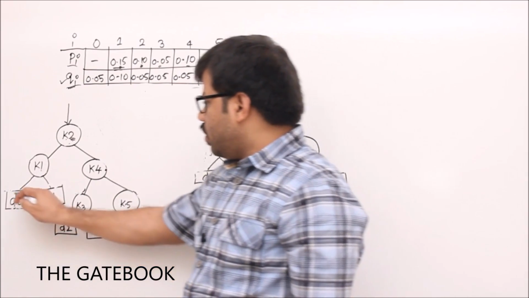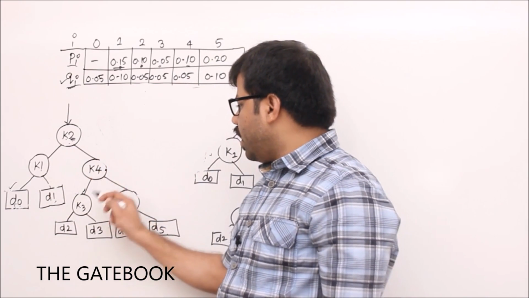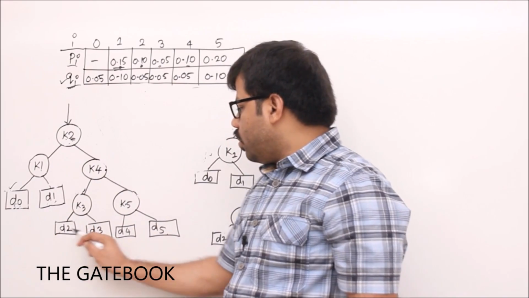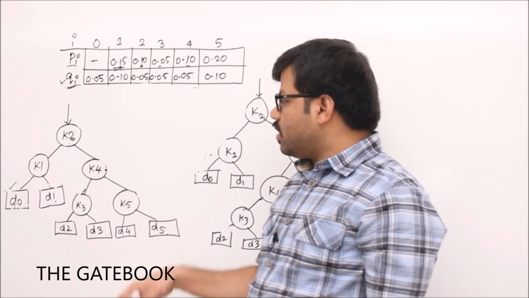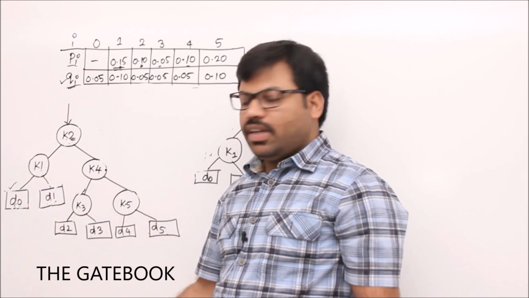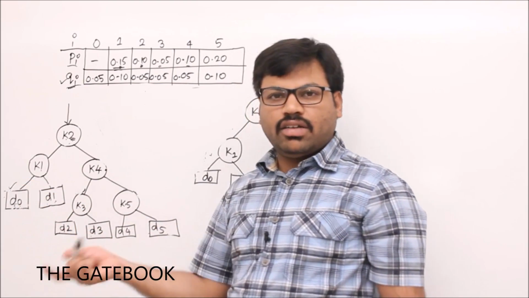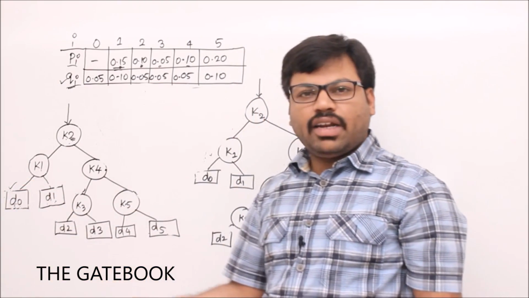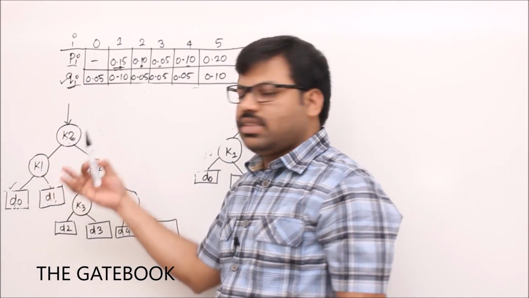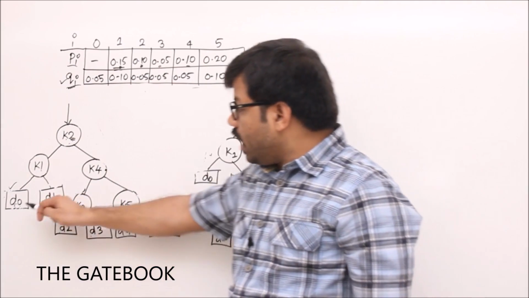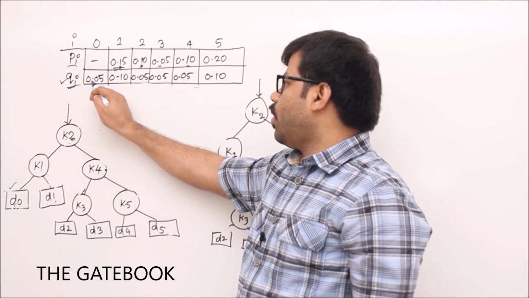For example, this one. See, this is D0, which is a dummy node. What are the keys in this tree? Only K1, K2, K3, K4, K5. What are D0, D1, D2, D3, D4, D5? They are just unsuccessful areas. That means people might search for a value which is less than K1, then we fall here, and it has a penalty, right? That penalty is, let's say, this D0 area. What is the penalty of that? We come here, after that here, after that here. Then the penalty is 3, right? So what is the frequency of that penalty? That is Q0, given as 0.05.